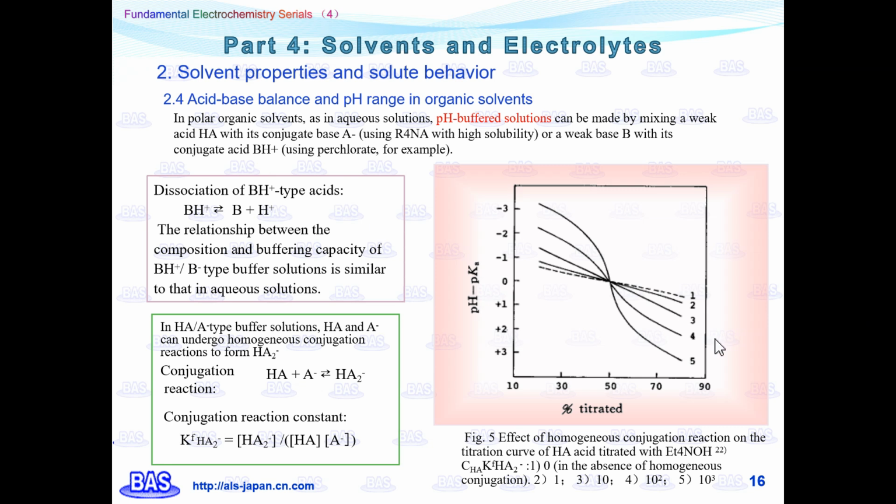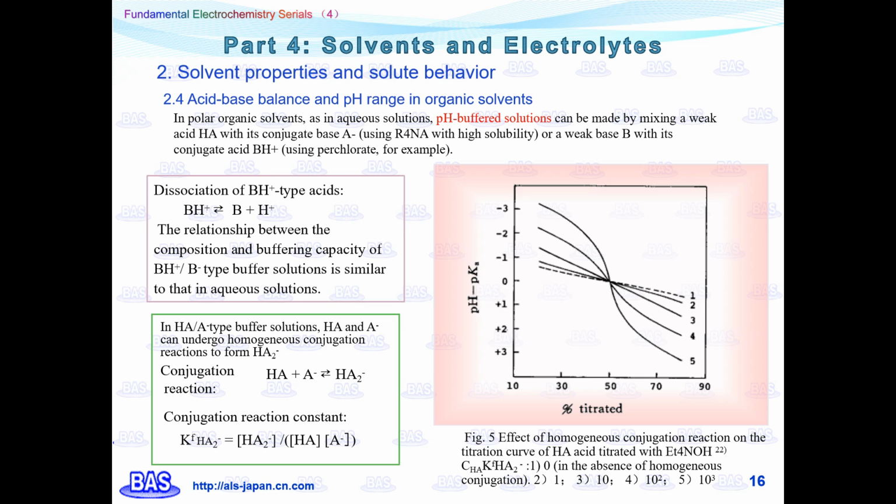In polar organic solvents, as in aqueous solution, buffering can be achieved by combining a weak acid HA with its conjugate base A-, or a weak base B with its conjugate acid BH+, to make a pH buffer solution. The dissociation of the BH+ type is usually simple, as shown in the above formula, so the relationship between the composition and the buffer capacity of the BH+/B buffer solution in polar organic solvent is similar to